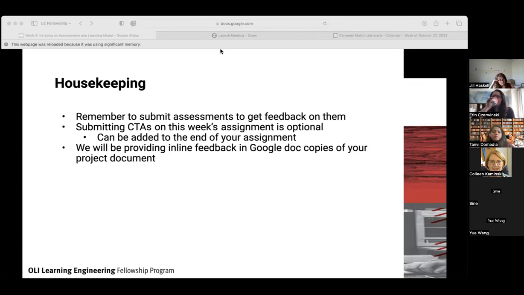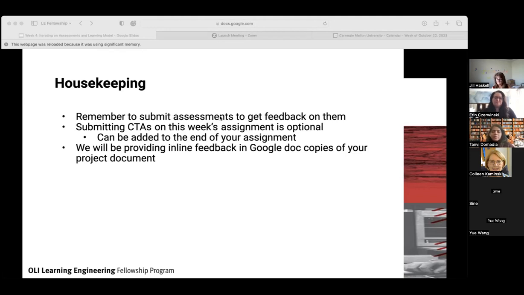Some of you all asked about submitting CTAs on this week's assignment, and although it's not a requirement, it is something that you all can do by attaching the CTAs towards the end of your assignment or in the context of your assessment. So feel free to do that, and we'll be evaluating them. But again, that is something that is not mandatory for grading.